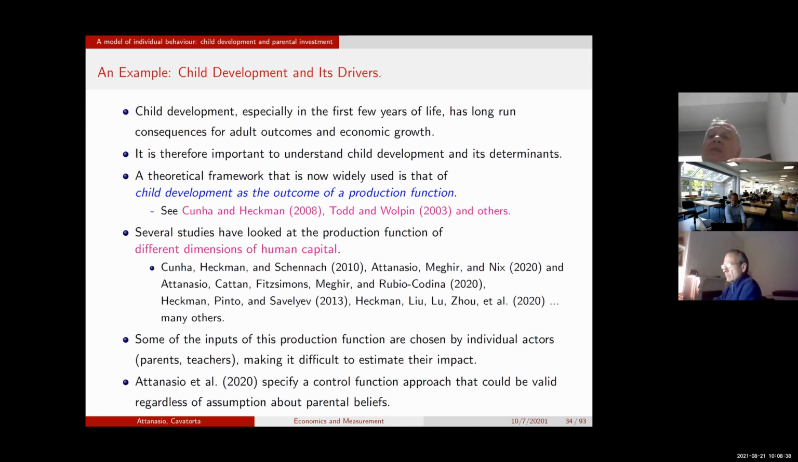Now, one issue is to establish the causal links between inputs and outputs. Some of these inputs are chosen by individual actors like parents or teachers, and therefore it might be very difficult to estimate their impacts. This is the AER paper, where we specify a control function approach. One of the reasons I like this is that the way we did it, the estimates of this causal link are valid regardless of the assumptions that one makes about